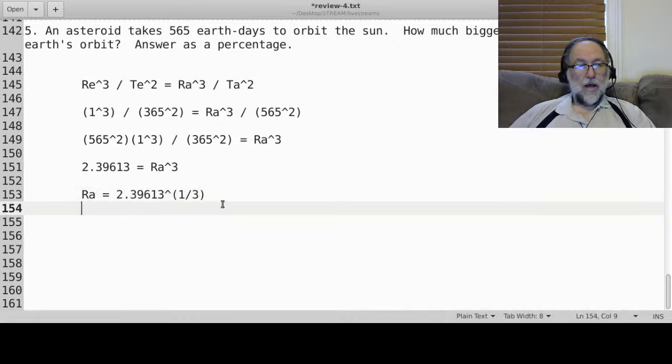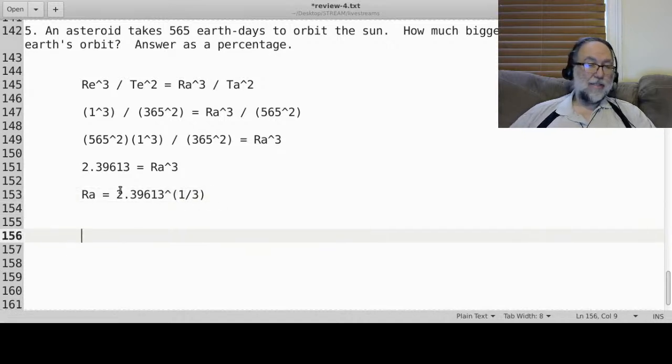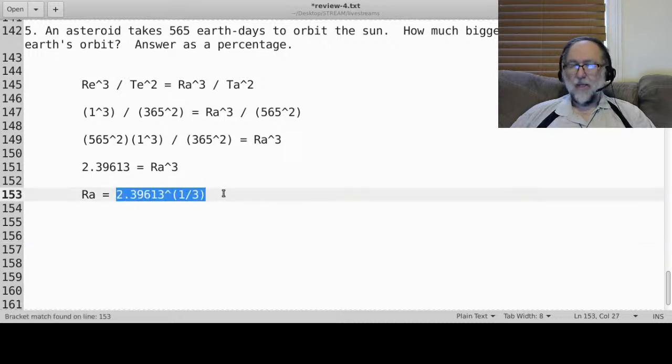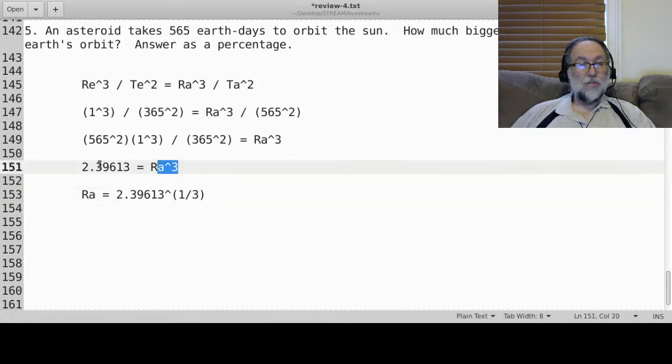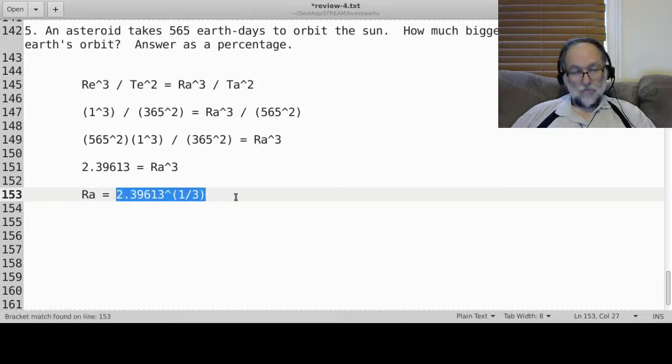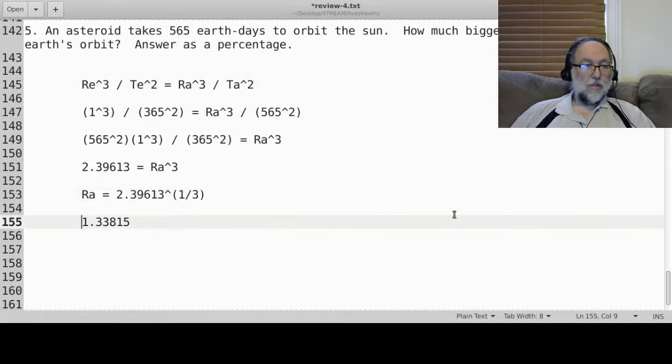I don't know if you know this, but when you take the cube root of something, that's the same as raising it to the exponent 1/3. So if R cubed is equal to this, then R is equal to that number's cube root. And if you put that into your calculator, that turns out to be equal to this number right here. Okay, so RA